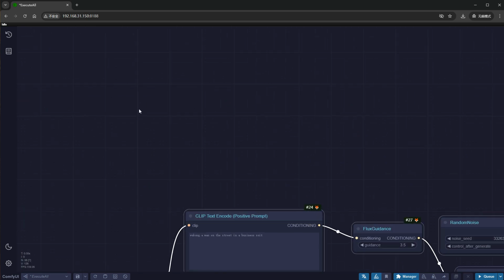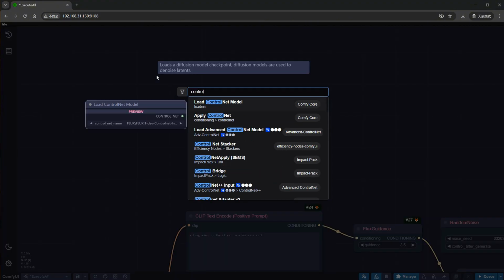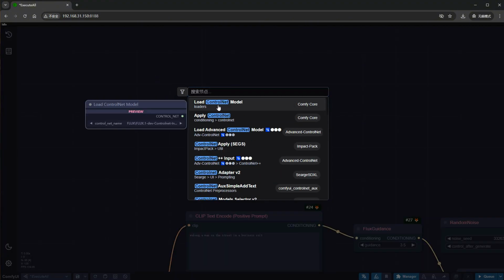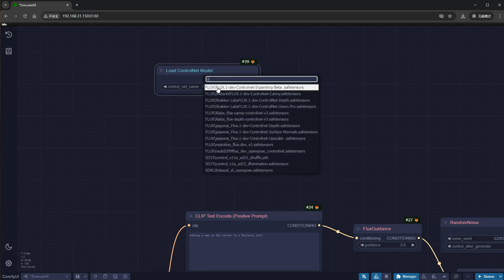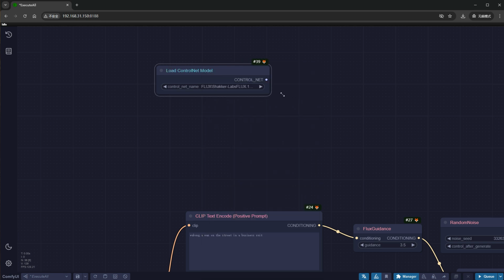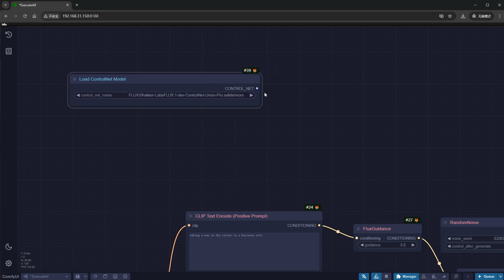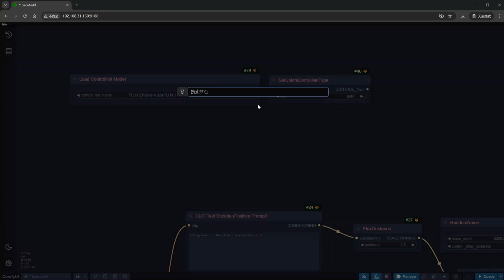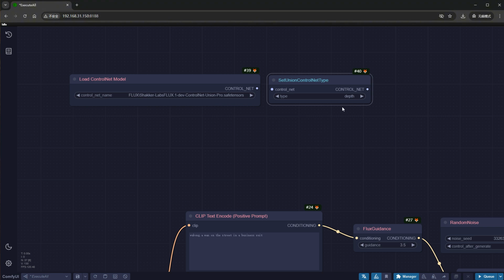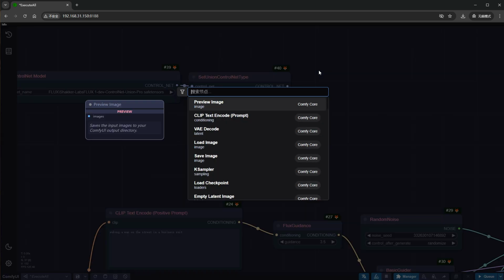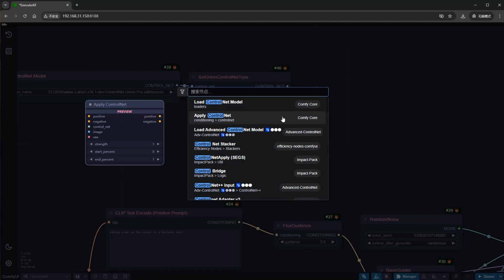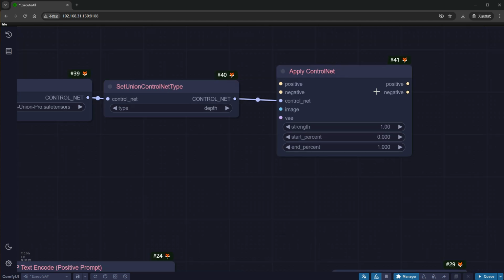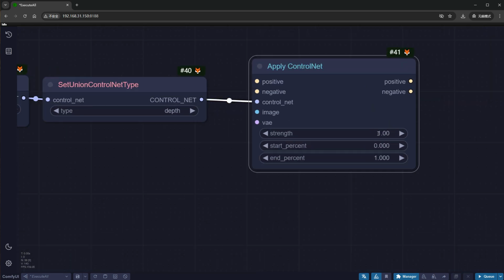Now, let's add the ControlNet application process to this workflow. First, add the Load ControlNet model node. I'm using the ControlNet Union Pro model, a collaboration between Shaker and InstantX. This is a 7-in-1 model. Add the SetUnion ControlNet type node and select Depth. Then, add the Apply ControlNet node. Setting the strength to 0.6. With the start and end times from 0 to